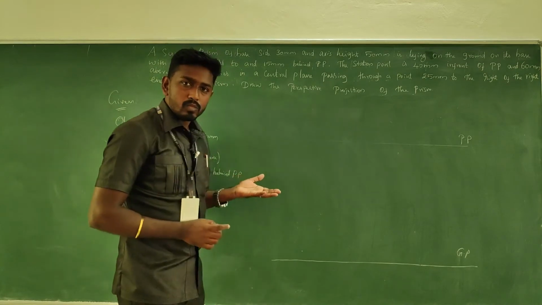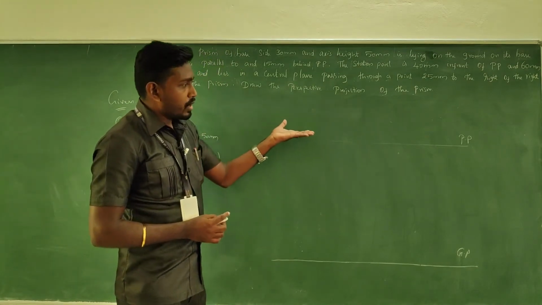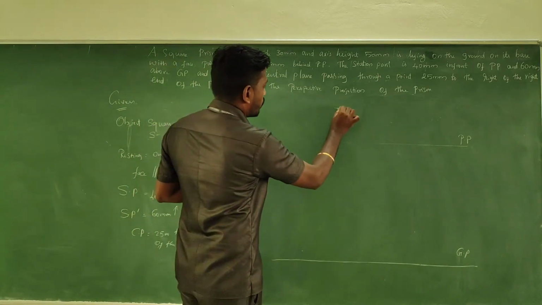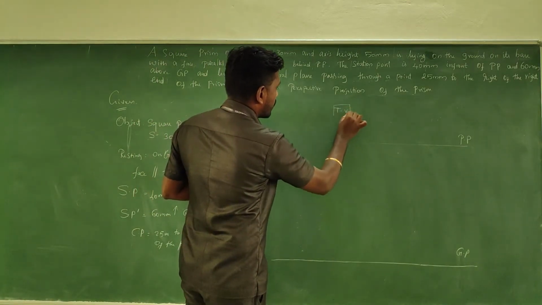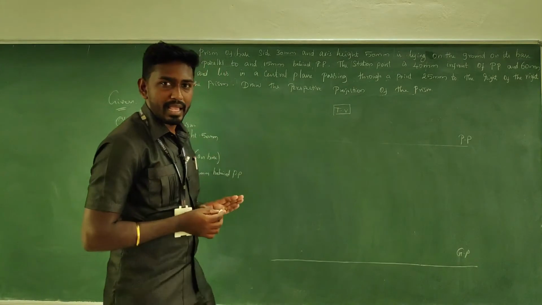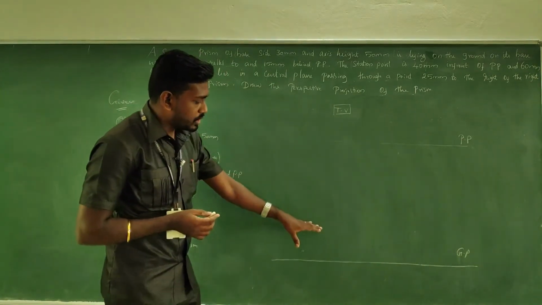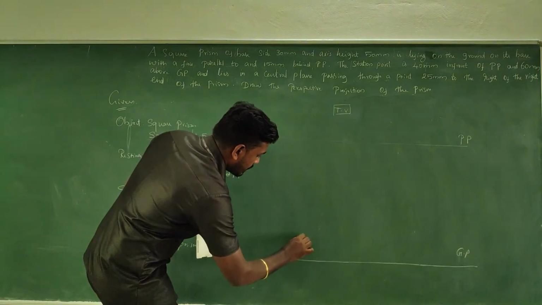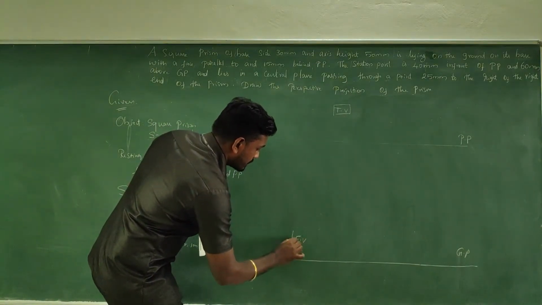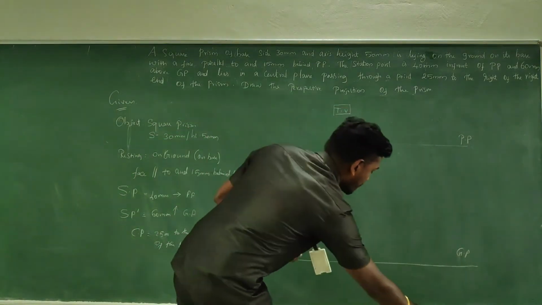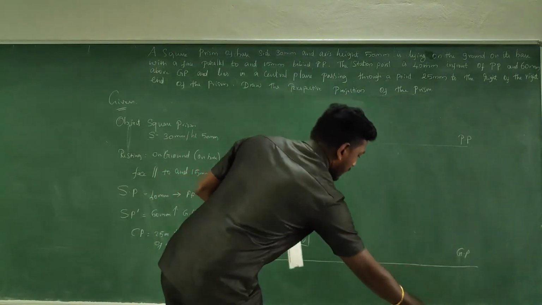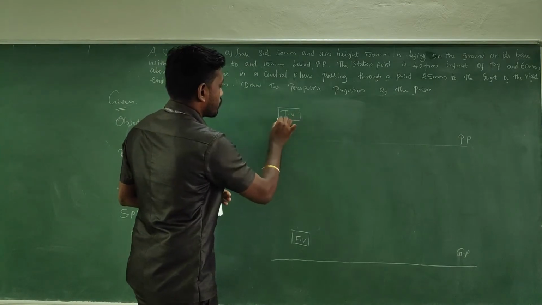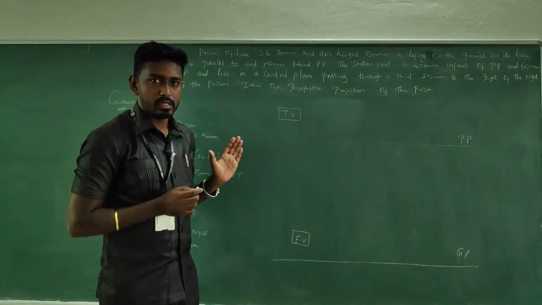And then we know the image captured on the picture plane is a top view. Remember it: the image captured on PP is a top view. The image which is captured on the ground plane is nothing but the front view. Just for your remembrance, I'm noting it down. Okay, here it is the top view. This is the layout first.